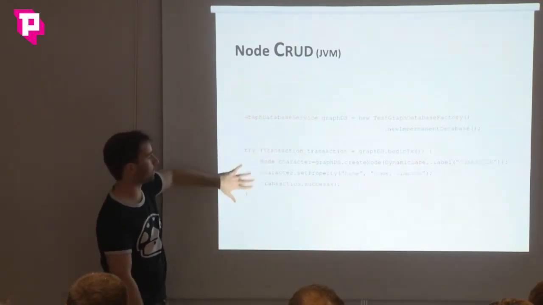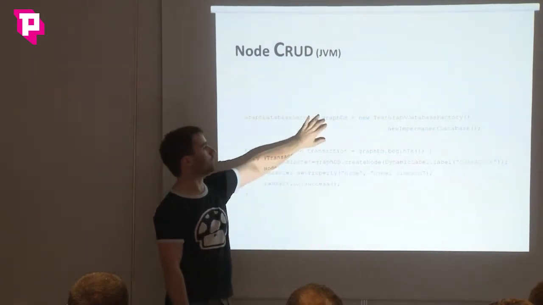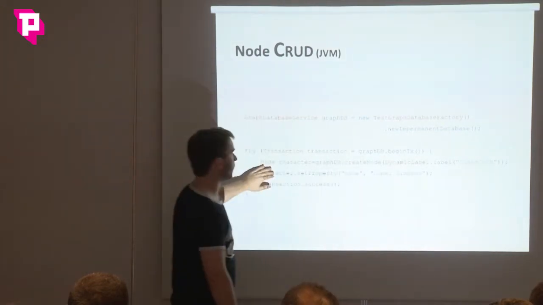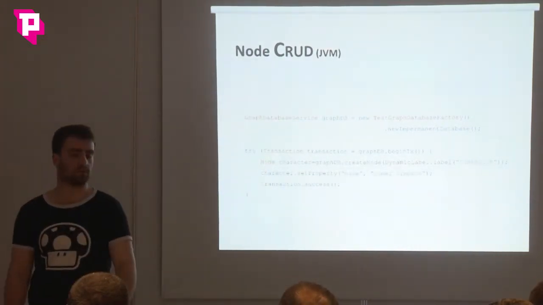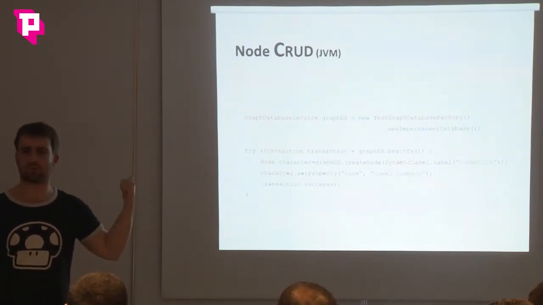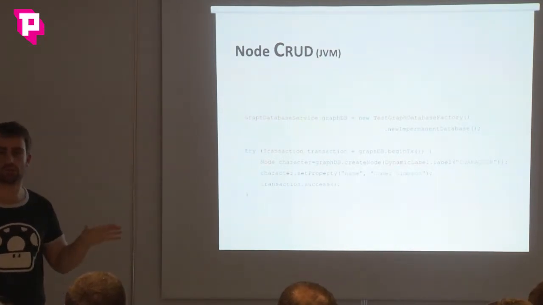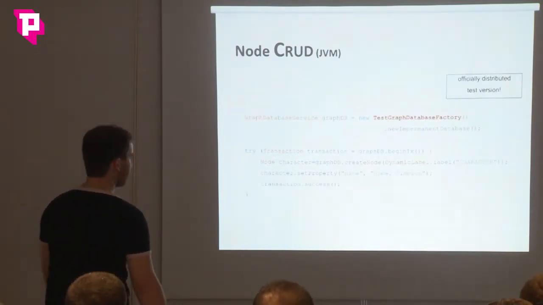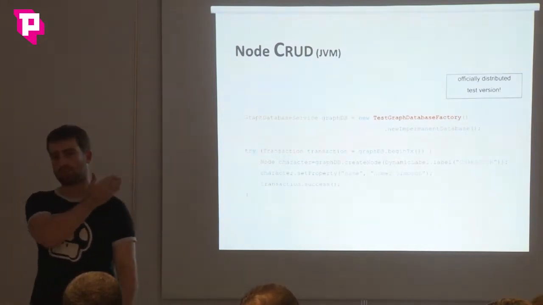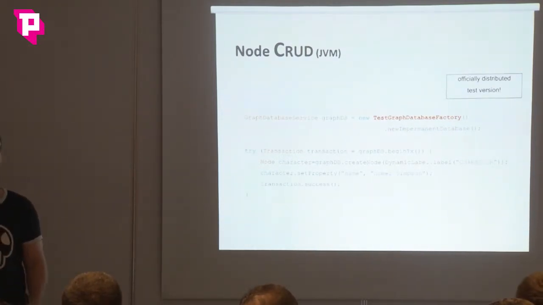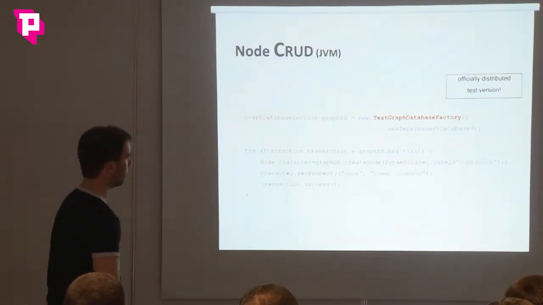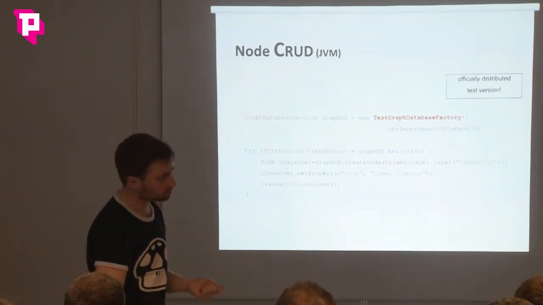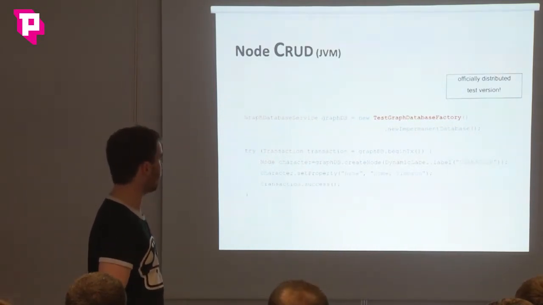So you have to wrap everything in a transaction. Then I have my graph service, and I can create a node with a label and set many properties. That's a very simple example of creation. Is that readable for everyone, or should I spell out every line? No, it's fine? Alright. One cool thing is, like MongoDB for instance, as far as I know, they ship the test libraries. So you don't have to write your own driver stuff or something like that. It's already in the official distribution. That's quite useful, to have testers already like that.